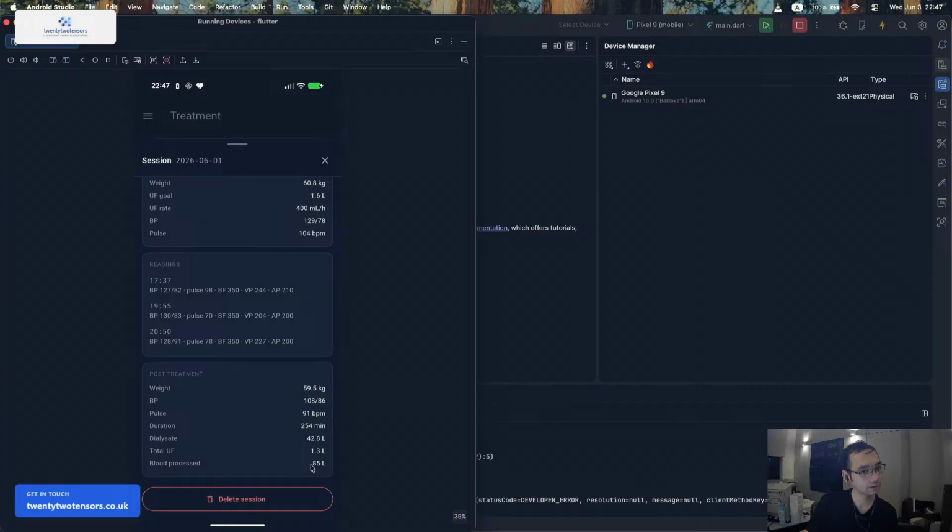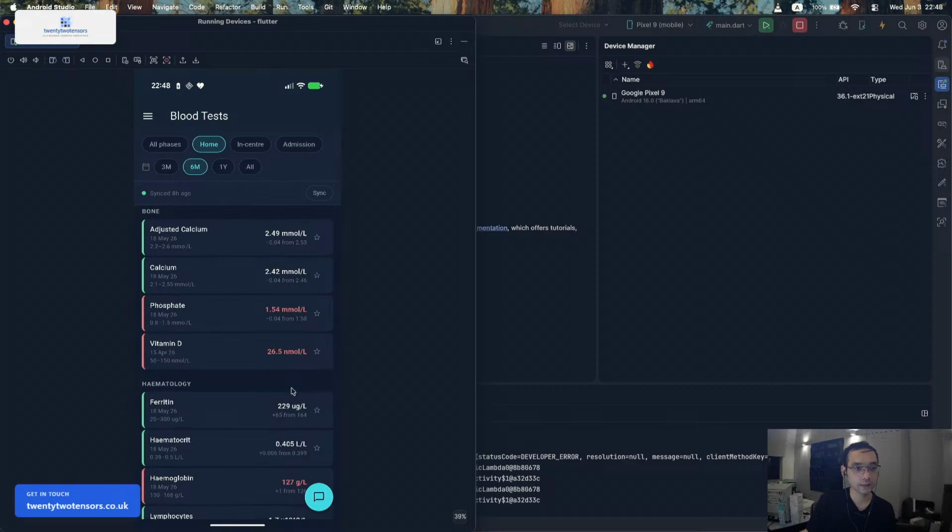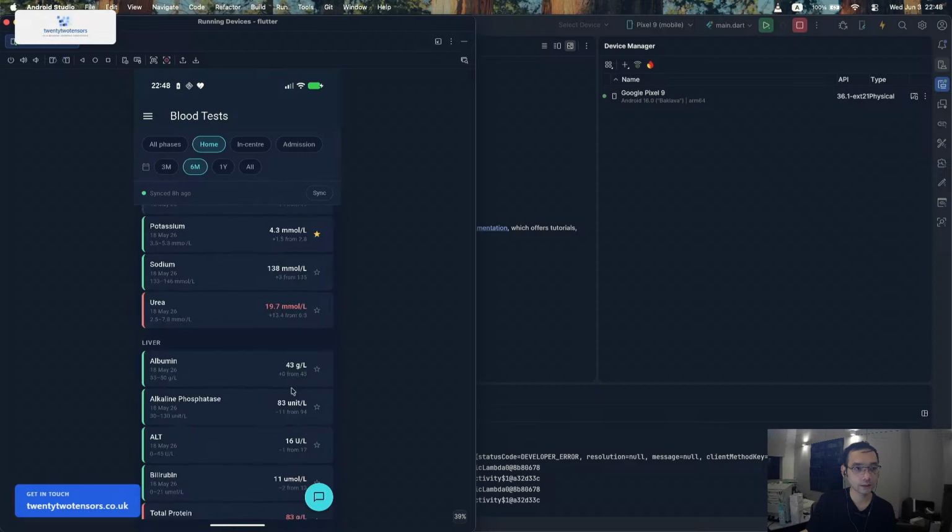And the second, I also include a blood test. For dialysis patients, they will have a monthly blood test to monitor things that can be filtered, and things that cannot be filtered through the machine